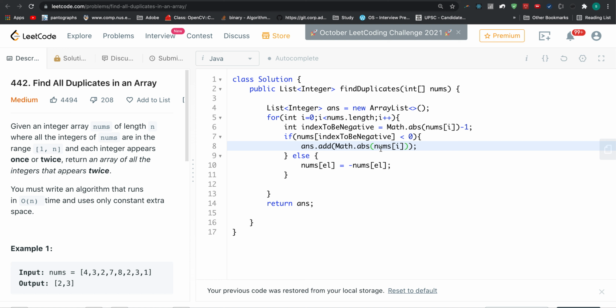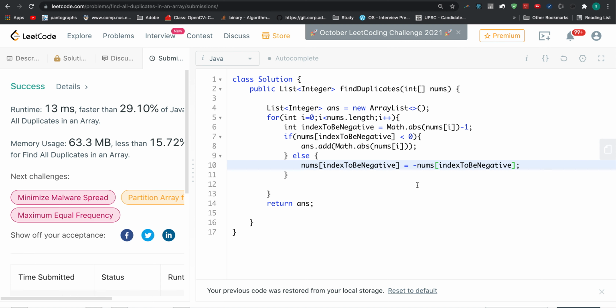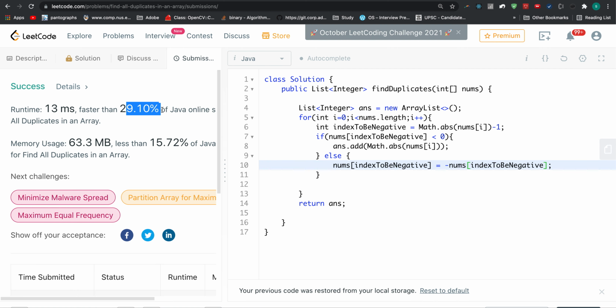The absolute value at nums of I index. If not, then I simply go and negate it. So let's try this out. Accepted. I don't know why it's not that great in terms of time complexity and space complexity, but I think this is the best possible solution for this approach.